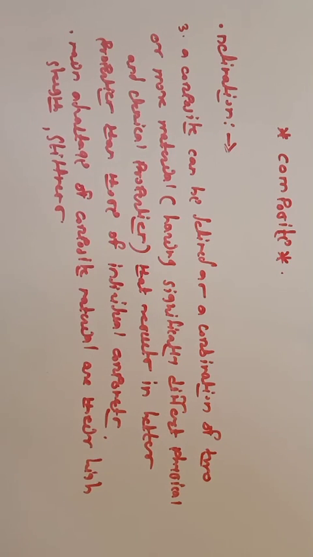So the well-known composites are concrete and bricks. We are very much familiar with these composite materials. Concrete is there, then bricks, then wood is also a composite material, then the bone. Bone is also a composite material. So this is all about the definitions. A lot of definitions are there, so let us discuss